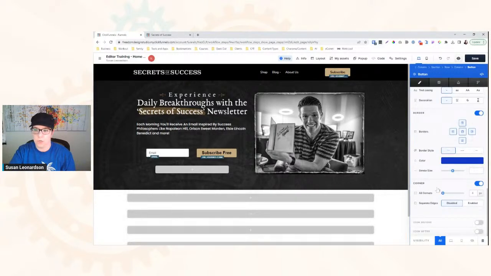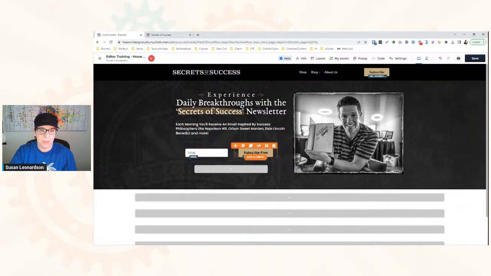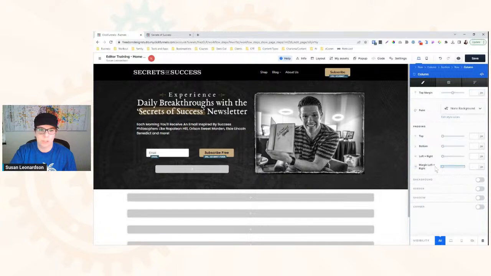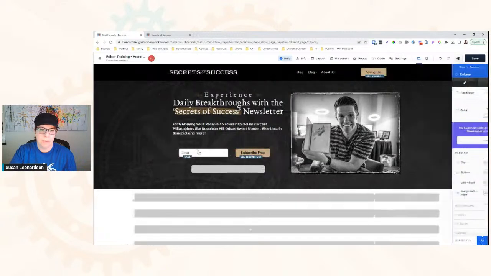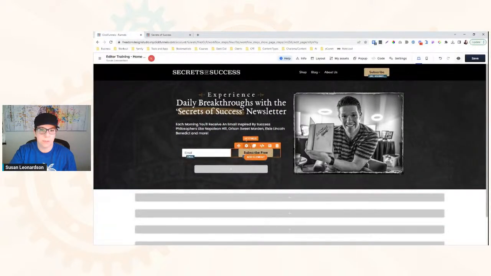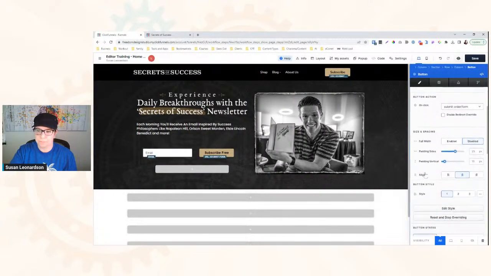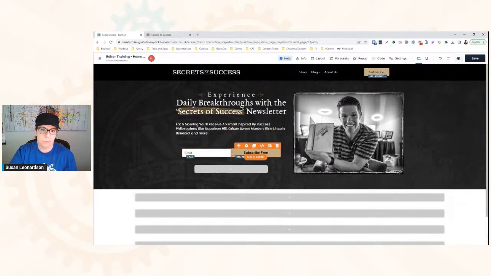I'm looking for font size. Whoops, way too small. We could look and see what the size is, but I'm just going to eyeball it for now. The other thing that I could do is remove padding and margin on all of the columns and the rows to help it fill in that space, because there isn't a lot of gap here. So how do we close up those gaps? The other thing that you can do on buttons is you can do this full width, enable it, and it'll take up all the width that it has within its